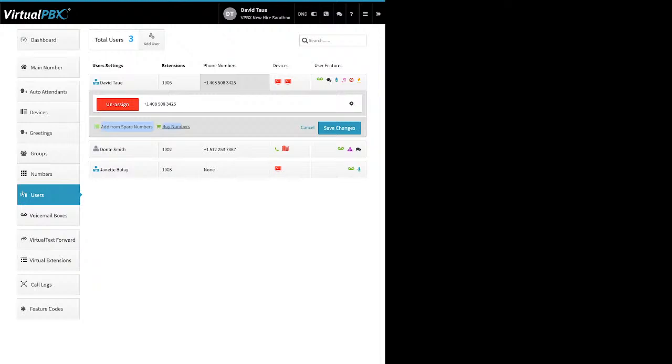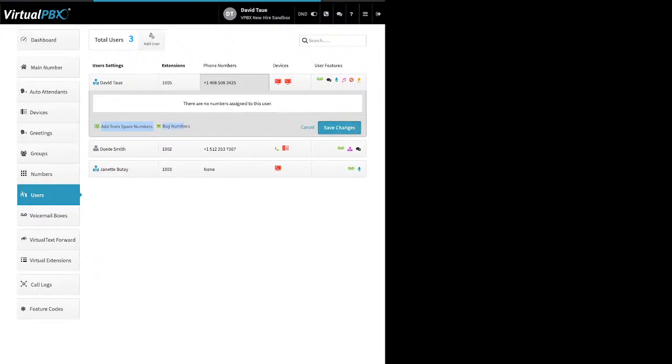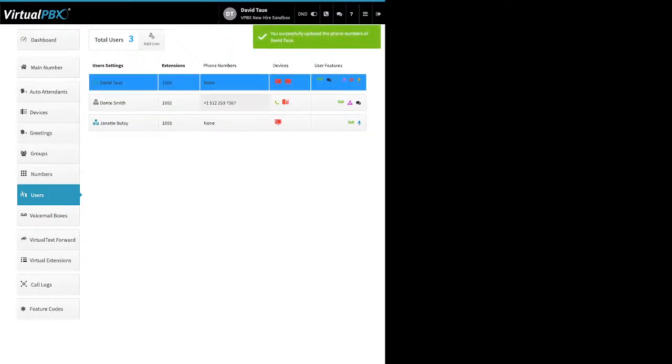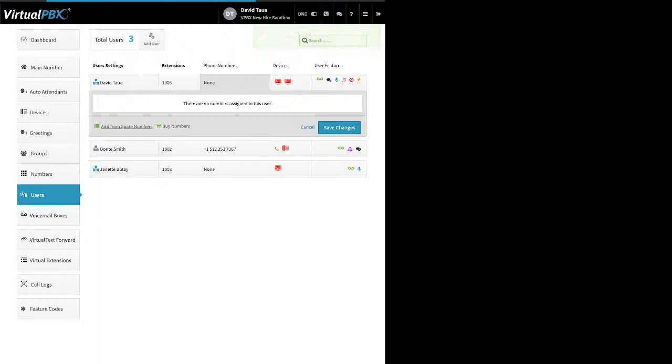You have two options: add from spare or by numbers. By numbers is how you add new numbers to the account. Spare numbers is how you make use of those numbers that you're not currently using. So if I unassign this number and then click Save Changes, now I have no numbers on this user. Go back to add from spare,